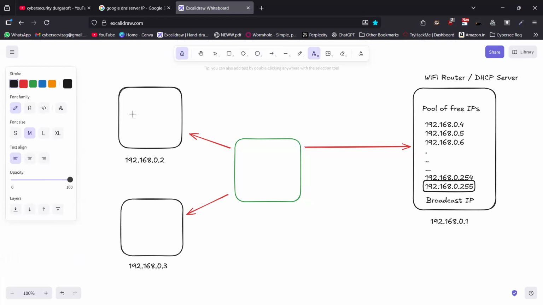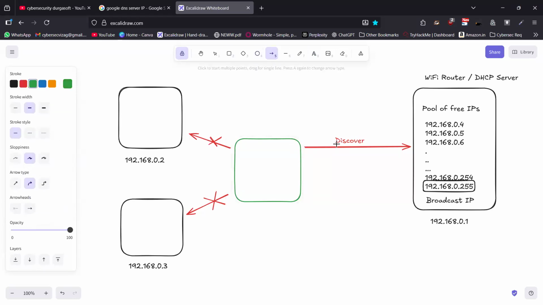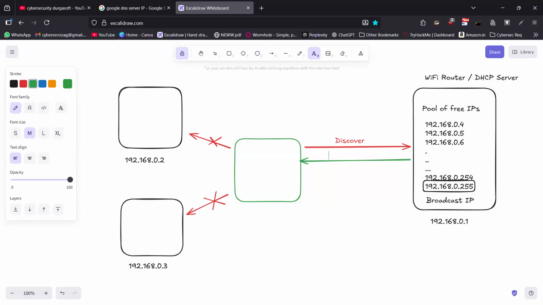So first, it's asking every system if they are the DHCP server. It asks this device, are you the DHCP server? It doesn't respond back. Then it asks the next system, are you the DHCP server? It doesn't respond back. Then it asks this actual DHCP server, are you the DHCP server? That server responds back. It says, hey, I'm the DHCP server in this network, and I can offer you an available IP. So it offers the next available IP, which is